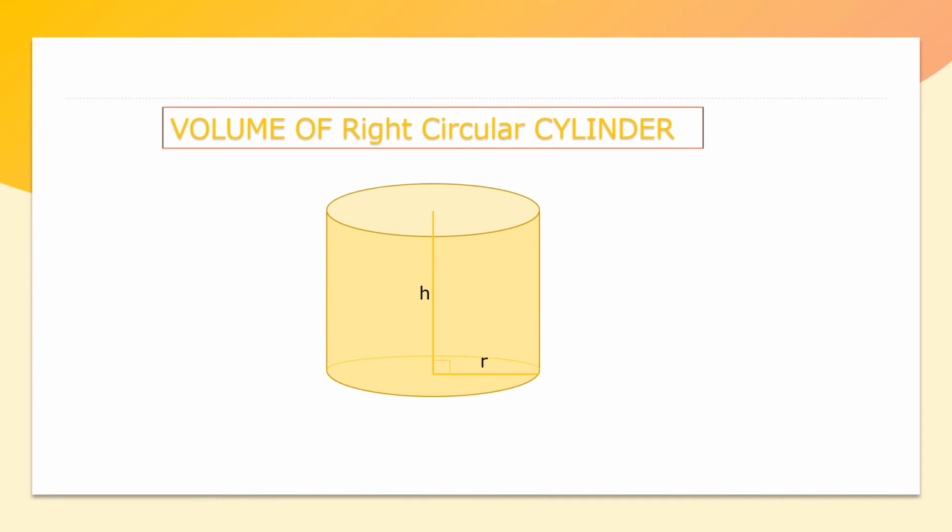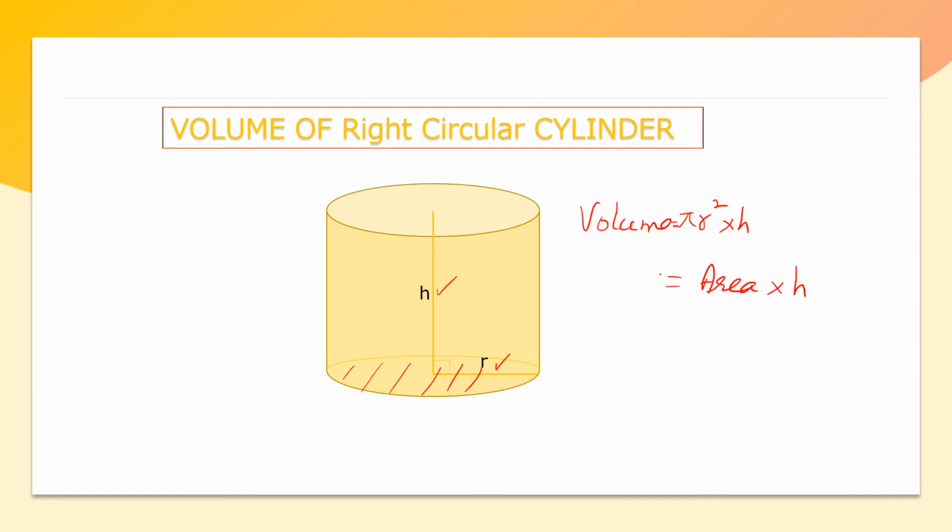Now, suppose this is a cylinder and it has the base radius as r units and its height is h units. Then the base is a circle and the area of circle is pi r square, and area multiplied by height is always the volume. Volume means the capacity of holding something, right? So always remember volume means area of base of any container multiplied by the height with which it can hold something. So area into height is always volume.